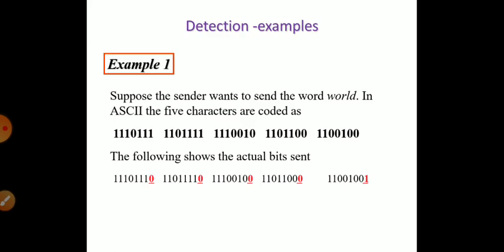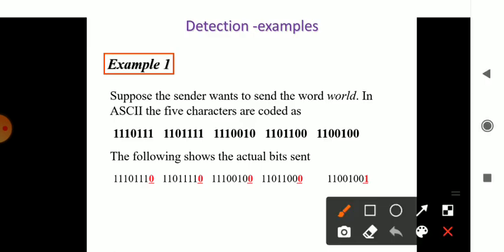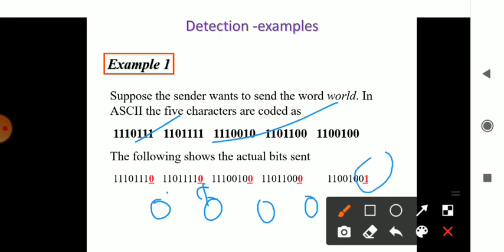Here is an example you can check out. In the example you have various rows with various numbers. Here you have an even number of ones, so at the end you pass 0. Here also you have an even number of ones, at the end 0 is passed. Here also an even number of ones, so at the end 0. Here also even, at the end 0. But here the odd number of ones are there, so at the end you pass a 1.